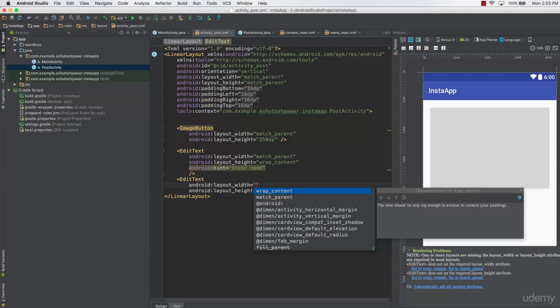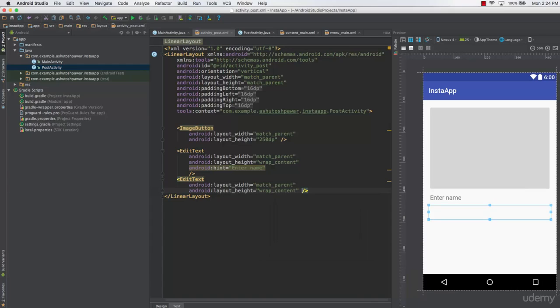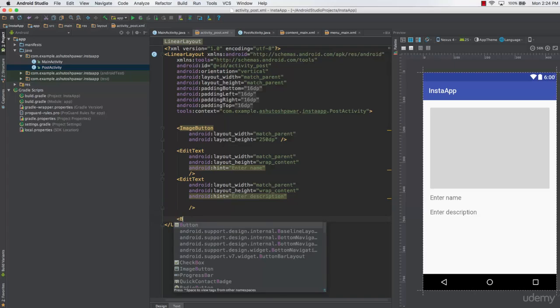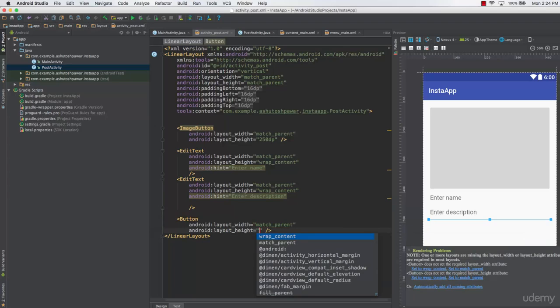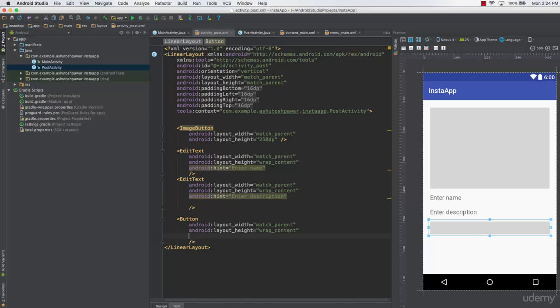So this is also going to be match parent and wrap content, and here the hint is going to be something like enter description. Okay, so once we have this thing set up, let's now go ahead and quickly add a button at the bottom. So we'll type in button, and that is going to be match parent, wrap content, and the text on the button is going to be, let's say, submit, and the on click is going to be, let's say, submit button